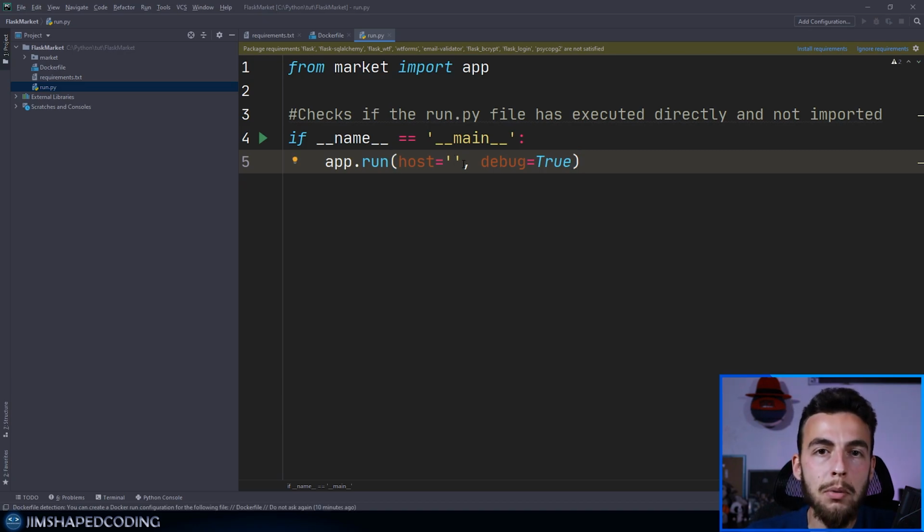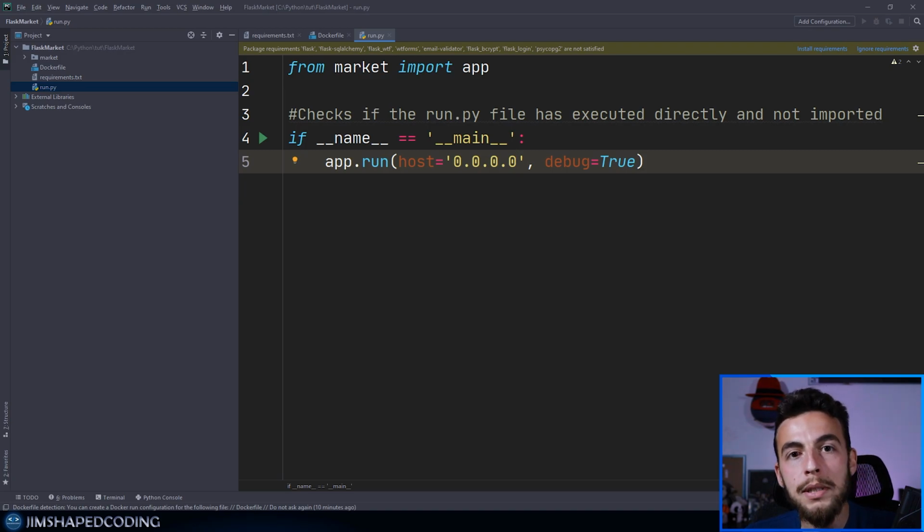Now the value that we want to insert in here is going to look something like the following. And the reason we want to do this is because 4 times 0 IP address, 0.0.0.0, is a convention IP address that will basically enable connection for all network interfaces. And this is something that we want when we execute web-based services in Docker containers, so it will be easier to